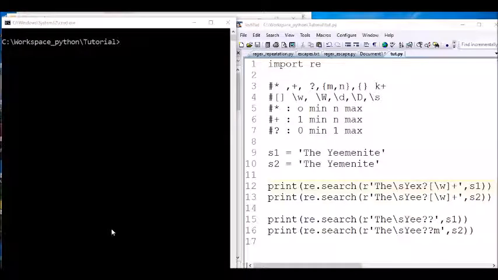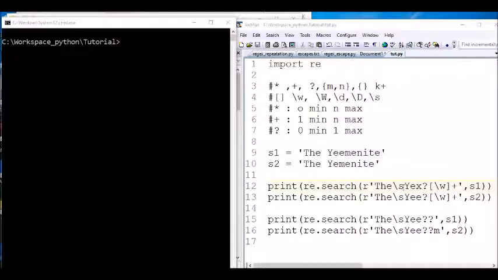So the last thing here is the question mark, which means either 0 or 1, either exists or doesn't exist. How to use these? For example, here, this Yemenite, and I'm searching for this one and backslash s, which is the space.